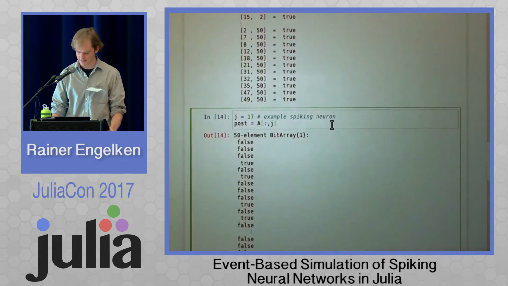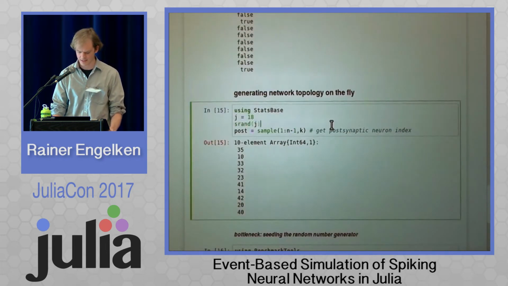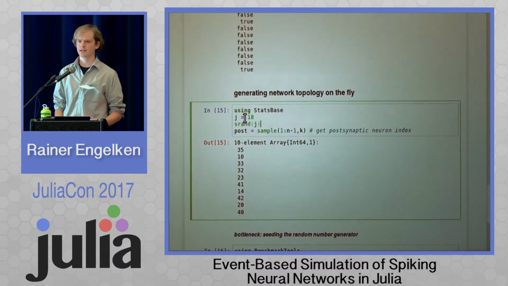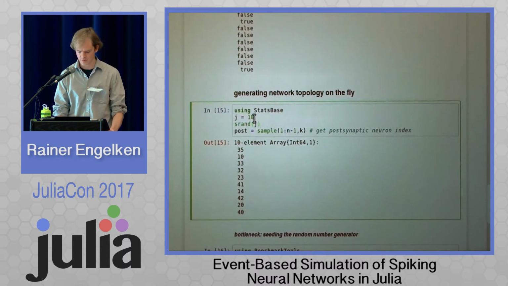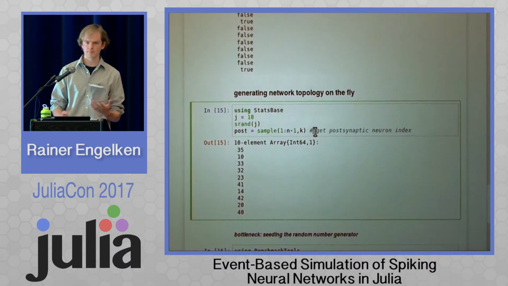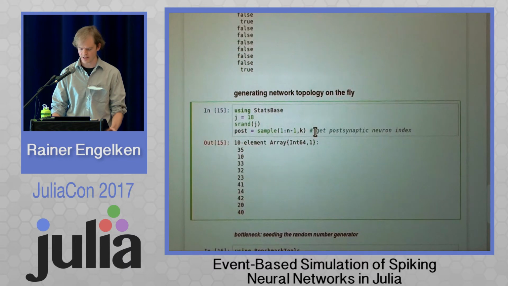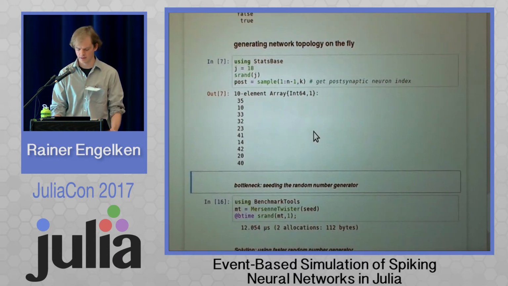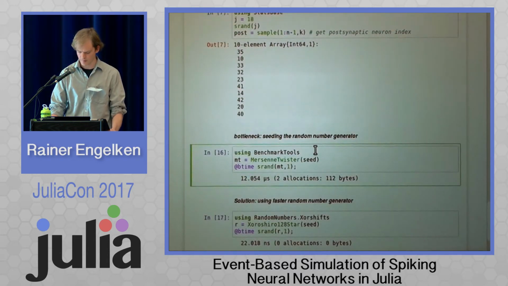So instead, what I did is I generated the network topology on the fly. How do I do that? Neuron, let's say j equals 18, is spiking. I reseed the random number generator by the index of the spiking neuron. Now, in a loop, I generate the postsynaptic neurons, and that's, of course, a lot more memory friendly. Well, now the problem is, if you benchmark this,